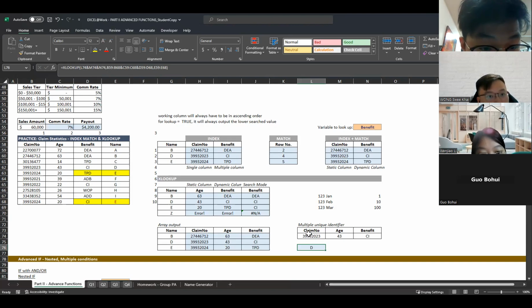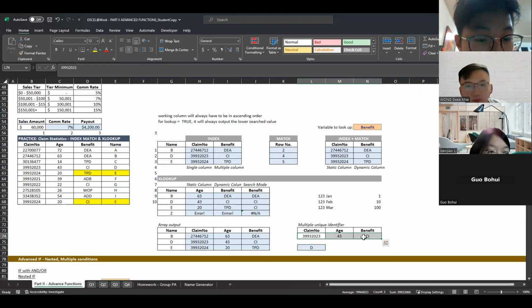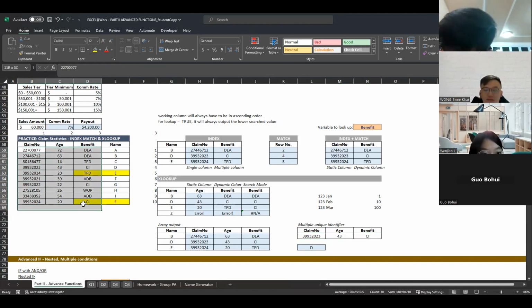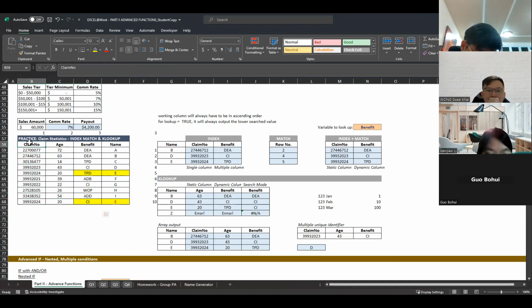So how do you think of it? You think of this as one particular index. You squeeze everything together, and then I will search these particular columns here. But you can think of this whole column as one big column, essentially one column like that. You don't think of 3 columns. You think of one column like that. And then you're searching all the squeezed values to see, because every one of them will be unique. So you're searching that whole thing to see which one matches this unique ID. Okay, so that's how we do it.